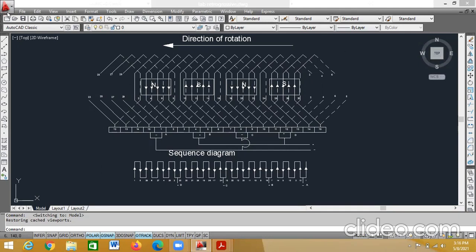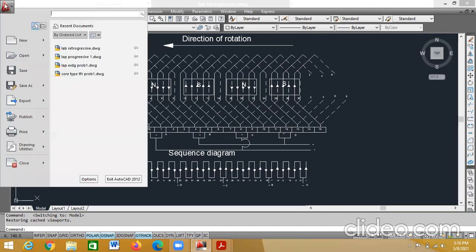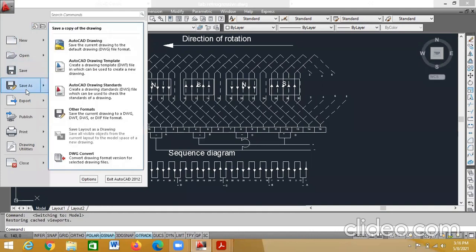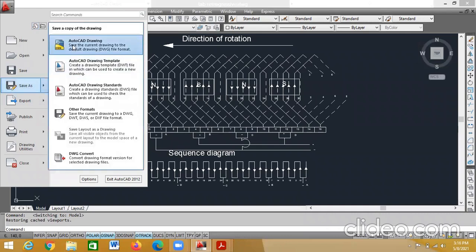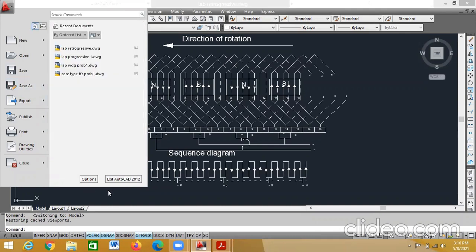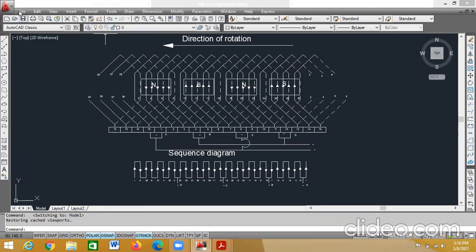So now we have to save. At last is save. Go to this option. AutoCAD. Save as. Save as AutoCAD drawing. You can give some name for that. Already I have saved it as lab retrogressive. Okay. Save as AutoCAD drawing. Give some name. It will be saved in the documents folder, or you can give any other folder where you want to save it. Okay. This completes the